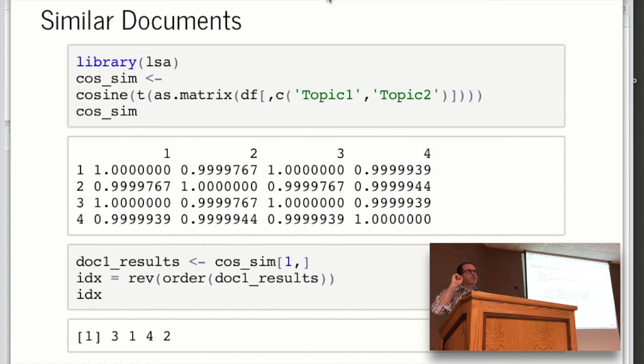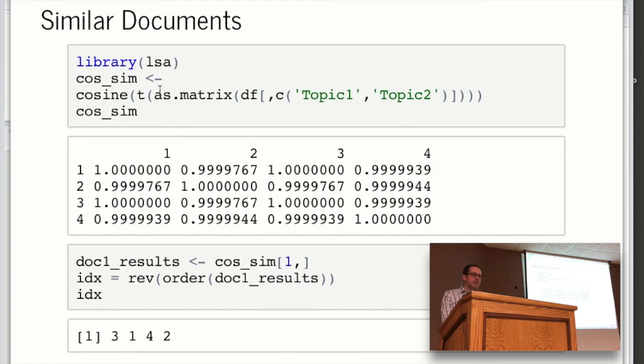Obviously, the larger the similarity, that means they each had values in the same topic that were significant. If one has a large value and the other has 0.0001, you multiply them together, you're not going to get much. Whereas if you have fairly significant topics, they're going to be sizable. So the largest value that you get out, that's your most similar document.